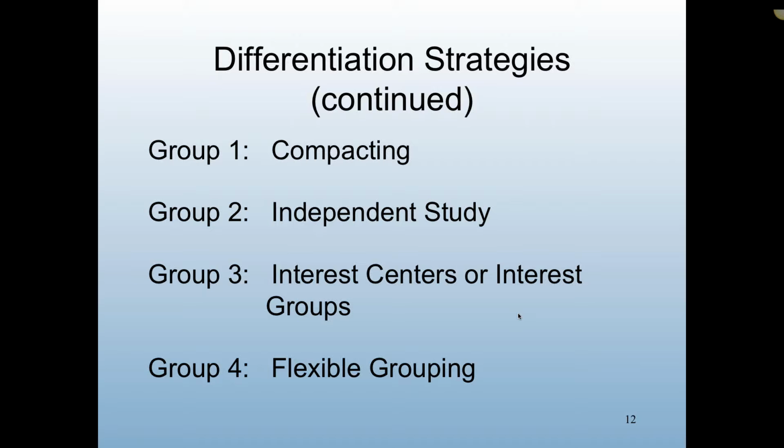But groups is not the same thing as differentiated instruction, because you have reading groups. The other thing is, when we do place kids into groups, kids know, just like the fair and unfair, kids know if they're in the low group, kids know if they're in the high group. We can't really hide that from them.